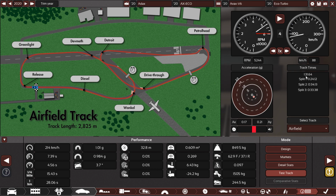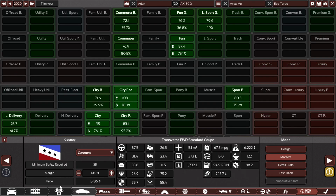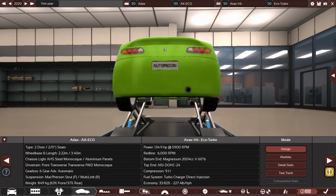Alright, so we did it in 1 minute 31. Actually, it got faster, which is great news. Now the car is faster around the test track. It's lighter than before, and the top speed is good. It's better than before, and it's cheaper than before. Actually, when I started doing the video, it used to be 22,000. Now it's only 15. So actually, something has changed, but I didn't change anything. I mean, the quality, I kept it the same, the turbos are the same, but something has changed,